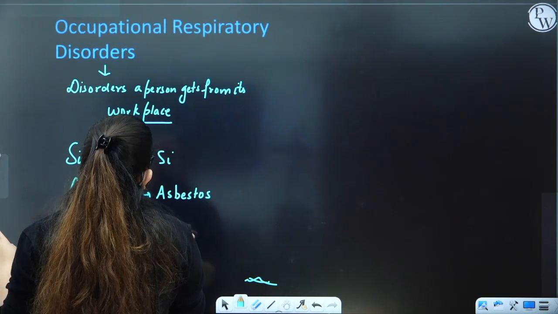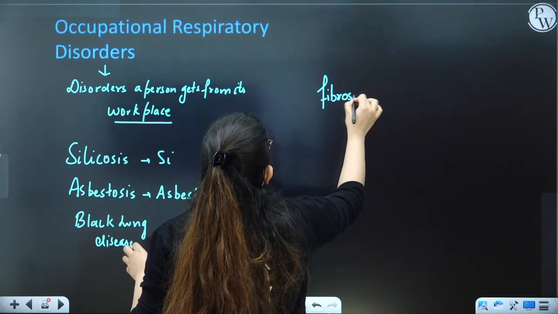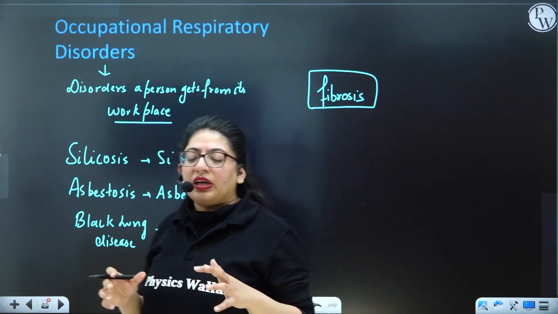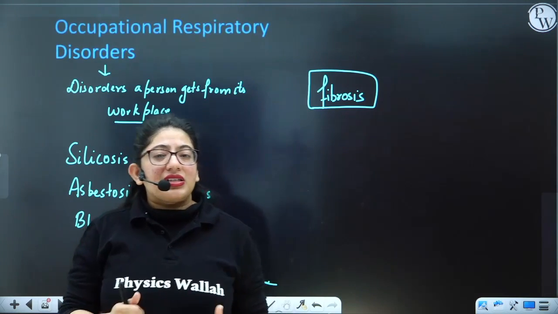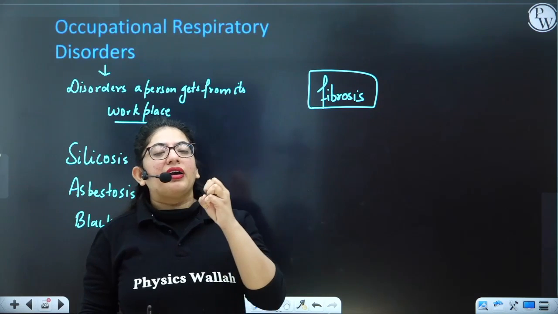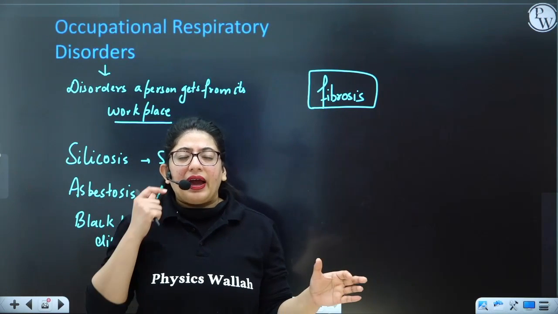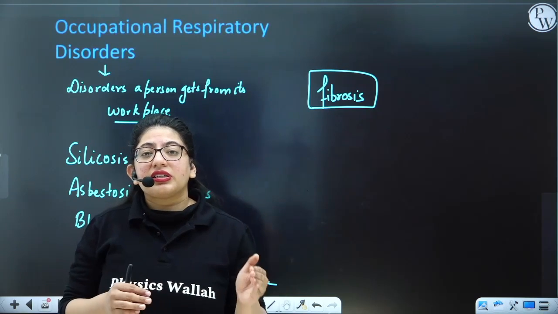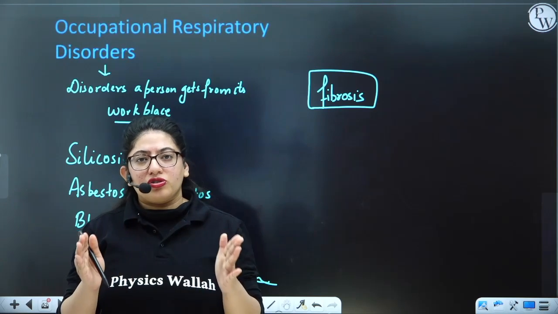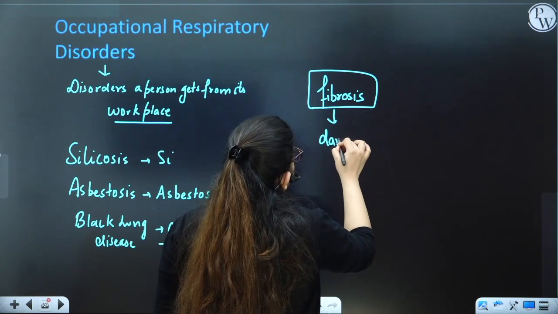One common thing that you will see in these disorders is fibrosis. What is fibrosis? There is a breakage of the walls of bronchi, and that leads to the overproduction of fibers in them. As a result, the bronchioles will become stiff, and they will not be able to expand, and they will lose their elasticity. If your bronchioles lose their elasticity, whenever the air enters in, it will move out, and they will remain in their original position, and that's what fibrosis is. What happened in fibrosis? Damage of respiratory tract,